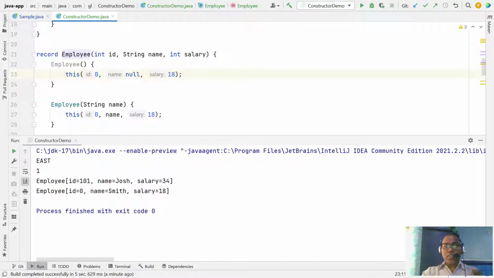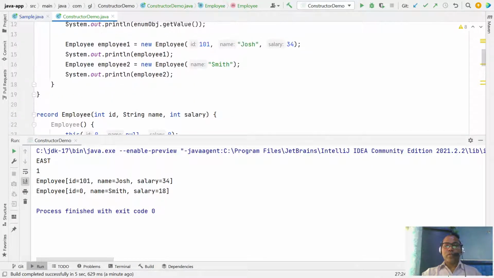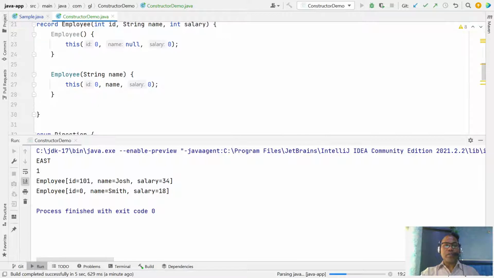So a record class expects that every object must have these 3 attributes defined. So if you are given a name, then at that time you have to give the default value of id and the default value of salary. So in this way you can define constructors inside your record classes.